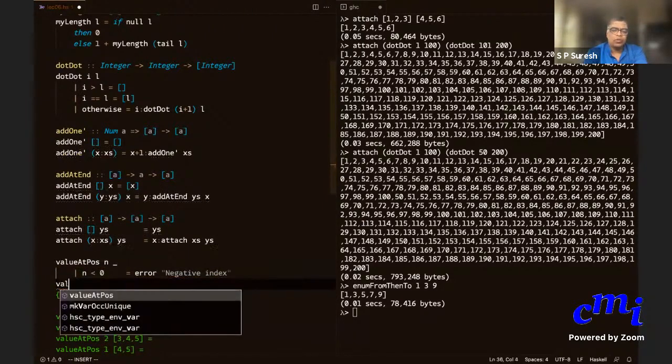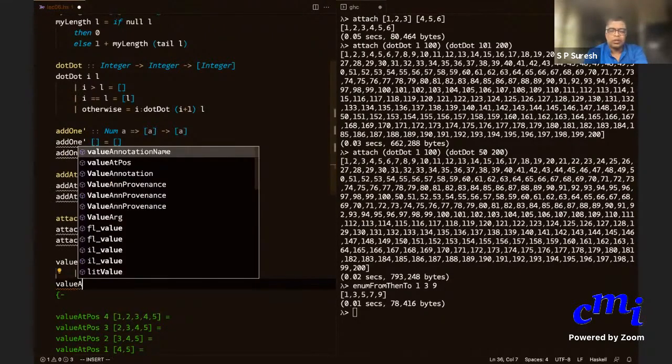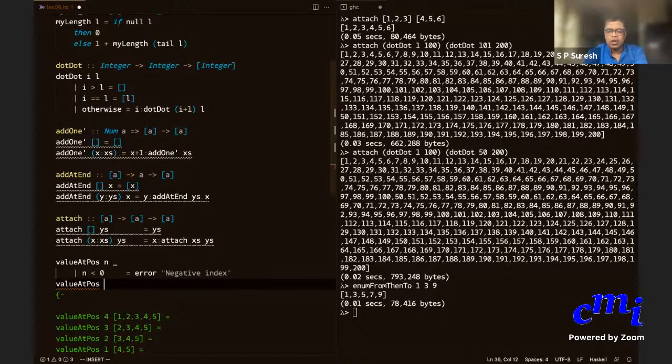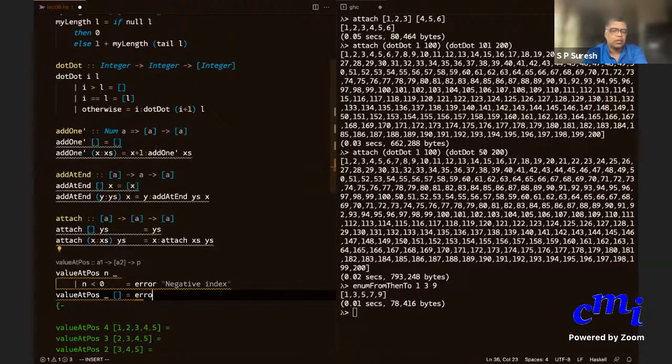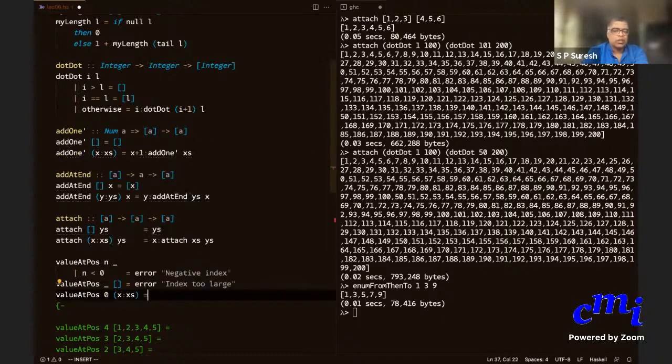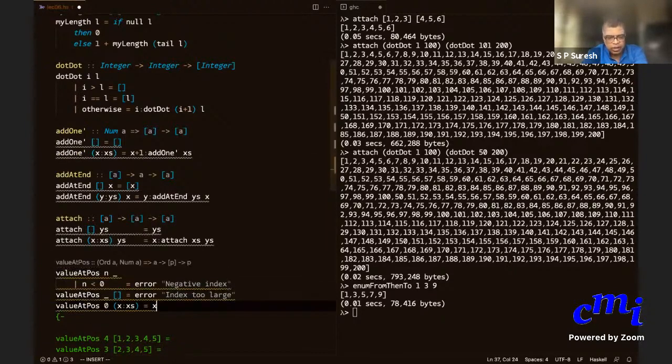And then value at position whatever number it is, of an empty list, is an error saying index too large. Finally, value at position 0 of x colon xs is x.